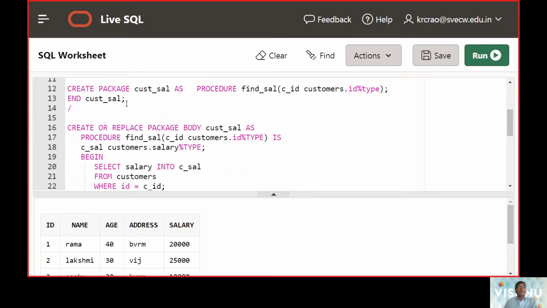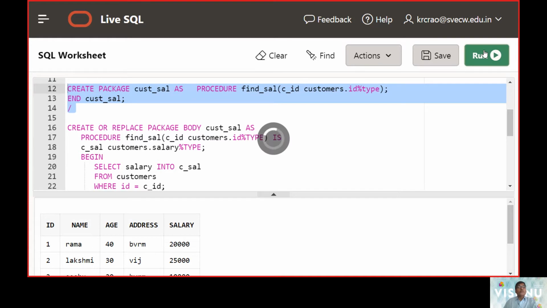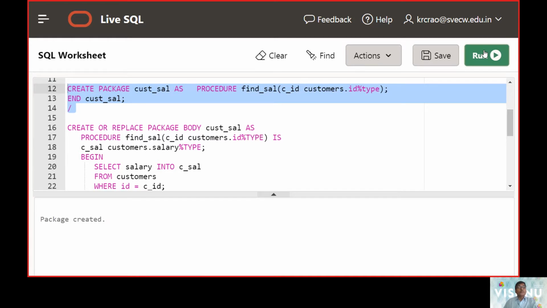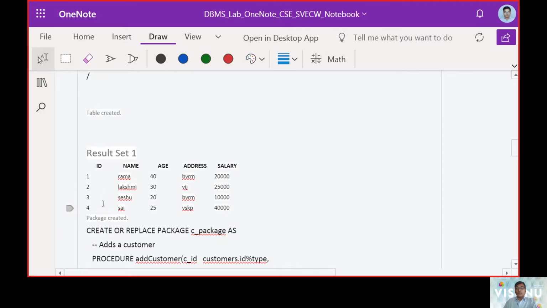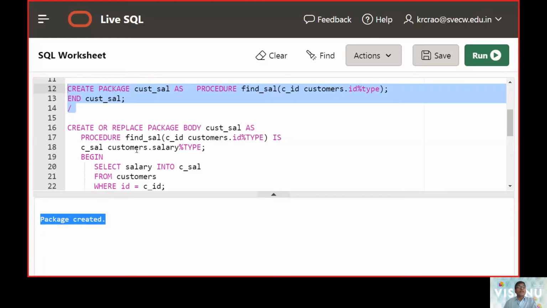Now we are going to make a package: create package, package name. Then in this package, we are including the name of a procedure. How a package is created, we can see at this point. So the package was created. We are putting this package as created.